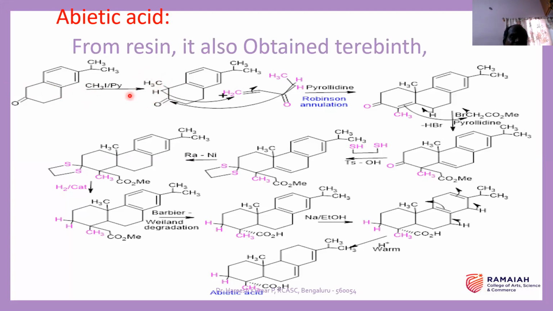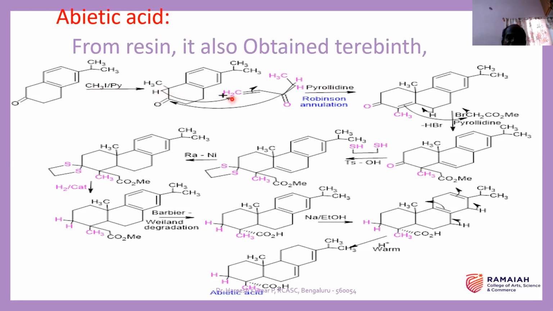So, and the difference, this group is a methylene group, and this proton is called methine proton. Okay, this methine proton is more acidic compared to the methylene proton. So again, this proton in presence of pyrrolidine. Pyrrolidine is an organic base. Of course, this is also an organic base. So what will happen in presence of pyrrolidine base? There will be anion formation here.